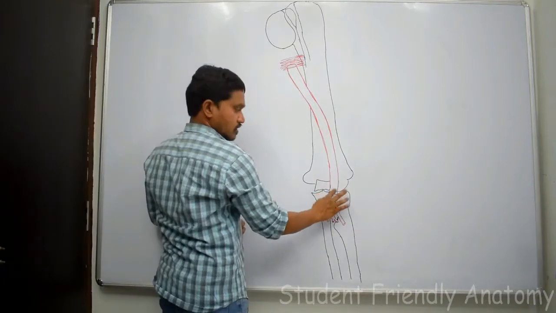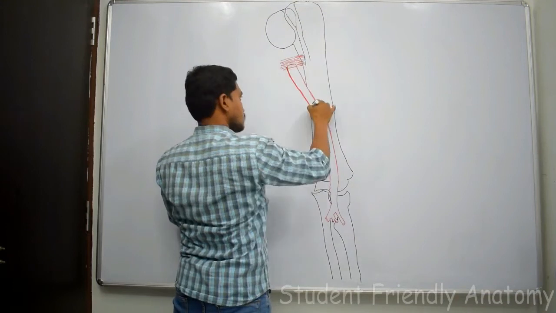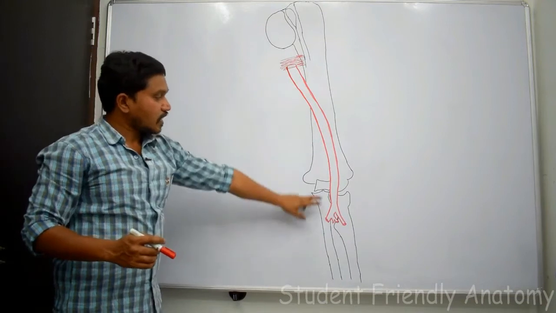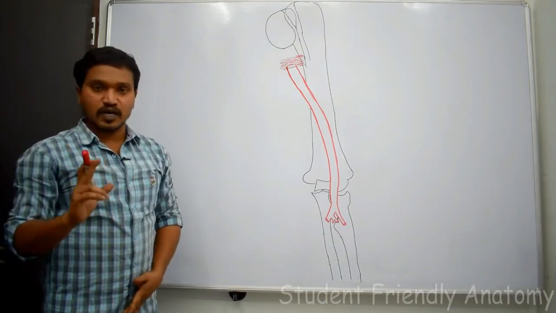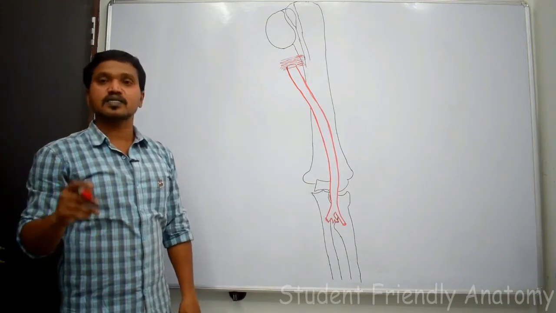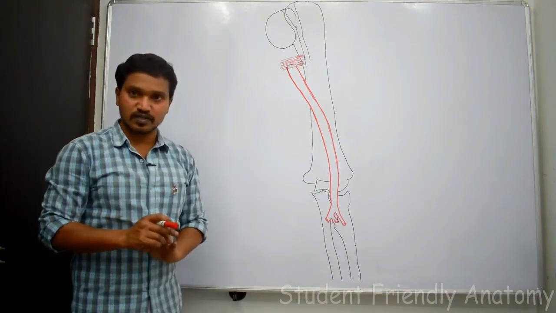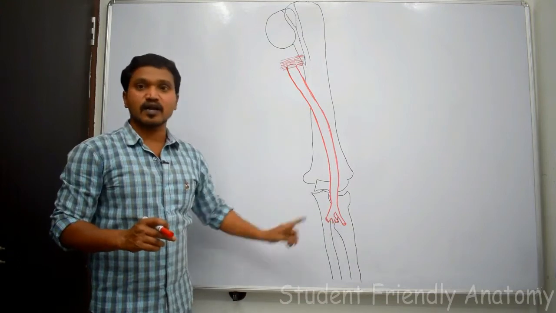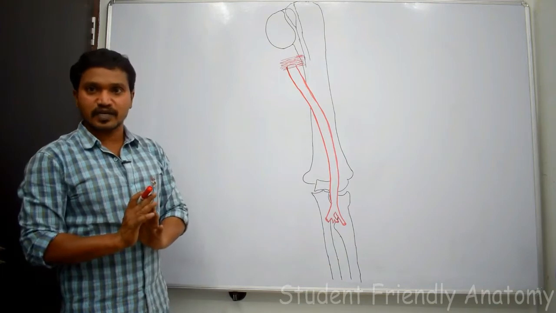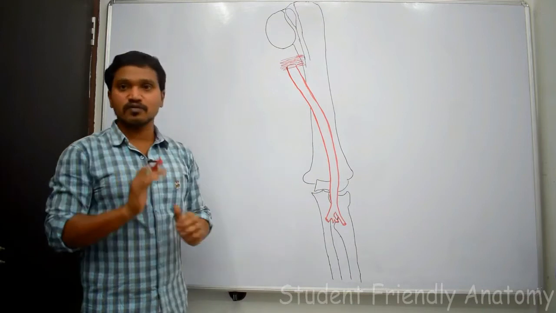Right? I am making it a little darker. This is the brachial artery, and the brachial artery divides into two terminal arteries, the radial artery and the ulnar artery. The ulnar artery gives one branch, the interosseous artery, which further divides into anterior and posterior interosseous. The remaining course of the radial and ulnar arteries we will discuss further. Now we need to discuss anastomosis around the elbow joint. What are the arteries which form the anastomosis around the elbow joint? That only we will discuss in this session.